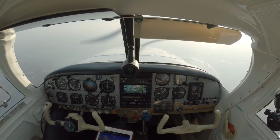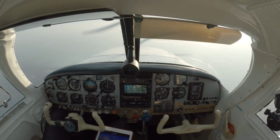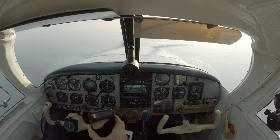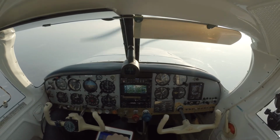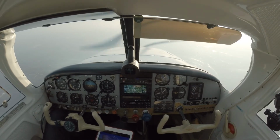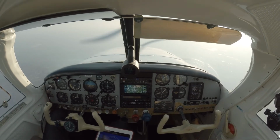Garmin Pilot issues obstacle and terrain warnings, and they are then transmitted via Bluetooth to the audio panel, and I can hear them. Caution, obstacle. Additionally, I can pair my mobile phone for the audio, and I had to figure this out by trial and error. You can only pair one audio source at a time, so I can either do it with the iPad or with the iPhone, or any other device for that matter. But yes, I can also pair the mobile phone and do voice calls, or play music, or play whatever audio via the audio panel,